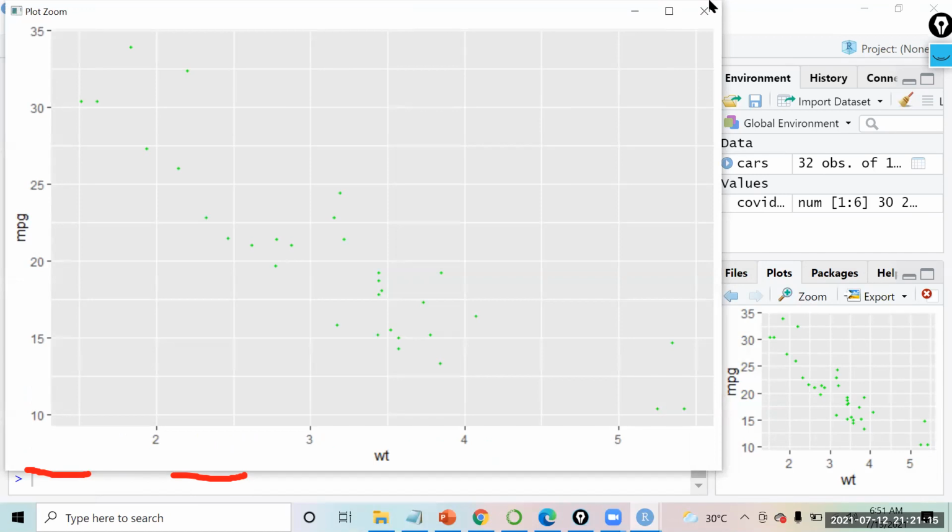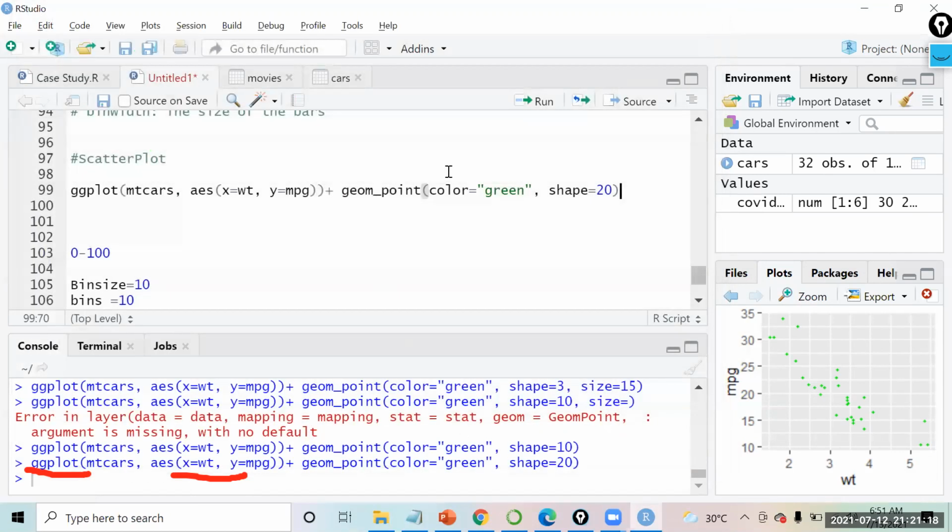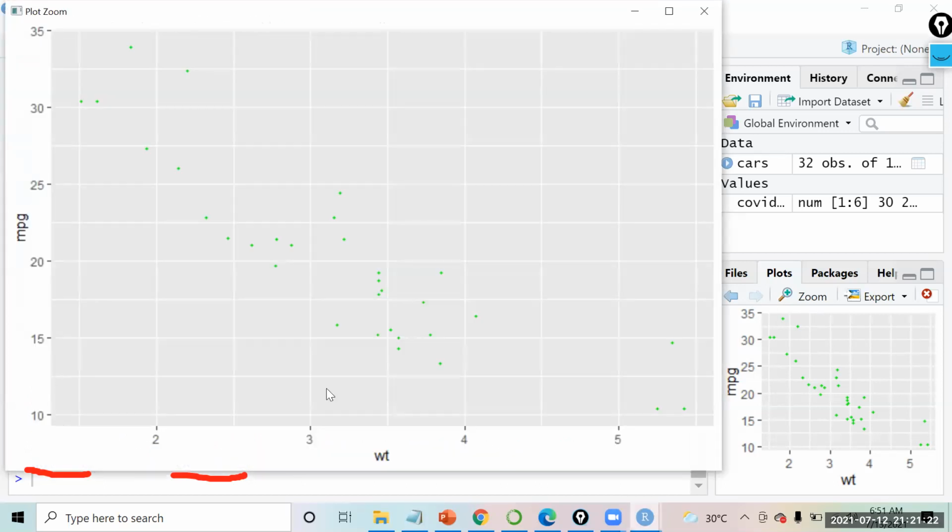Okay. See, what I do right now is this chart that I have created. In this chart, we have X and Y axis both. As the weight is increasing, I can see mileage is decreasing. We have 32 cars in the data, and every car has some cylinders. It can have 4 cylinders, 6 cylinders or 8 cylinders, correct? So what if I want to show the information of cylinders also on this chart, for each car, how many cylinders does it have? How do you think it will make sense visually if I have to see that?